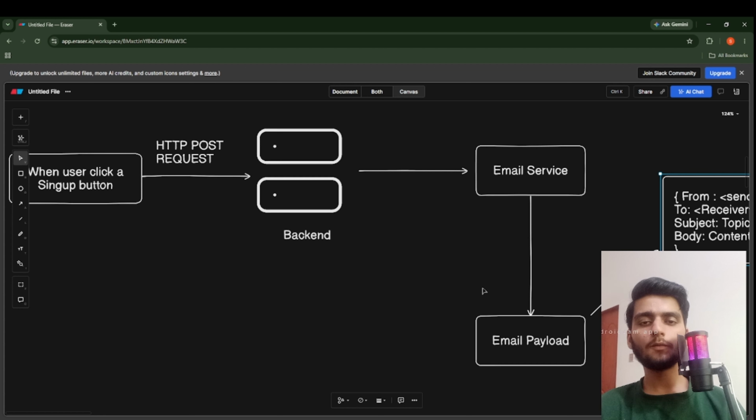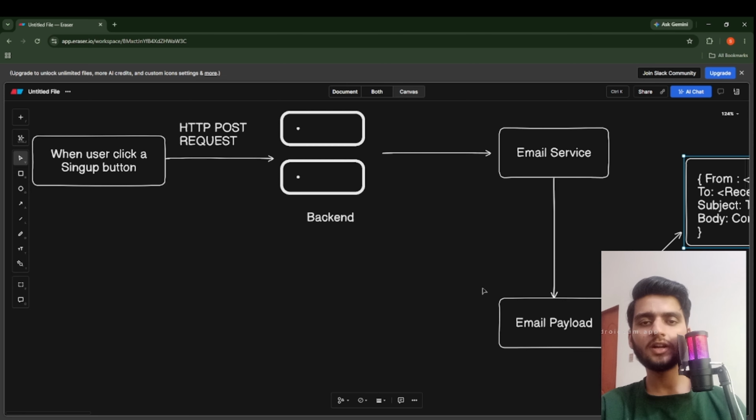That is why we have to rely on external email service providers so they can communicate with these Gmail servers on our behalf. In this video, I will be using Resend email service. There are many other email service providers like Brevo, SES, Amazon email services, or many others. But I will be using Resend because it is very easy to set up and use in our project.